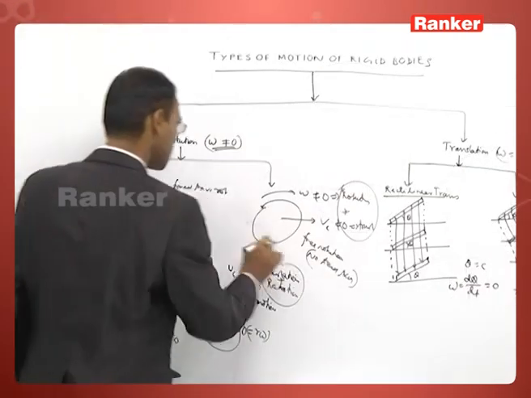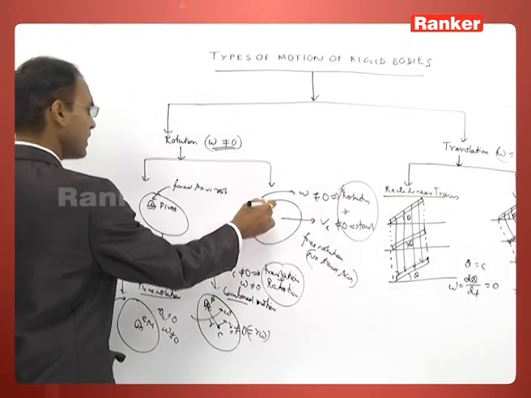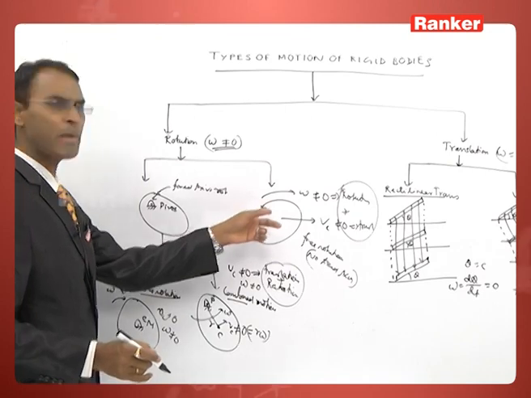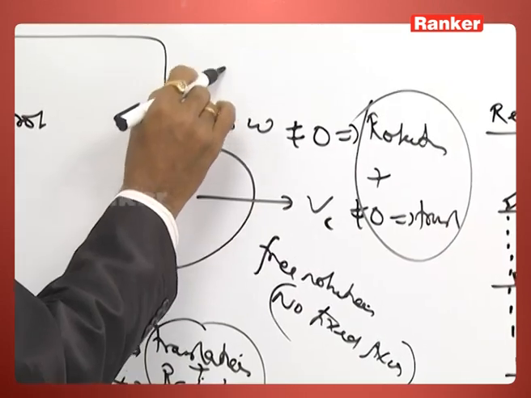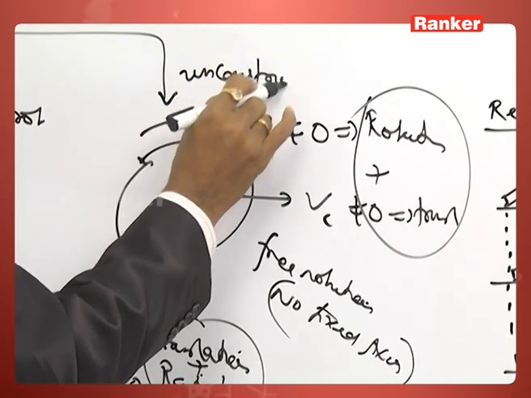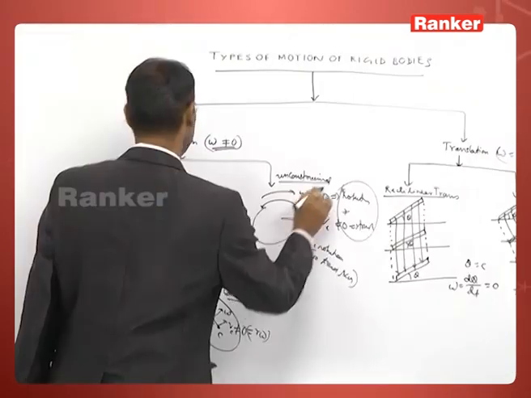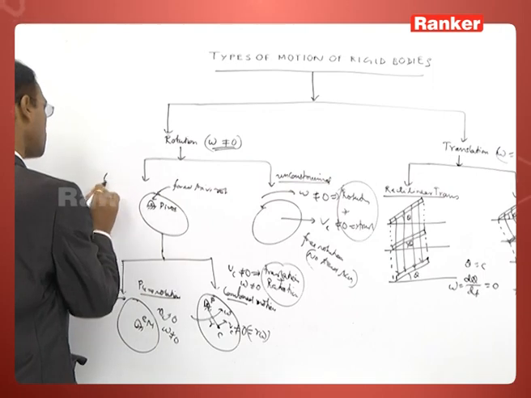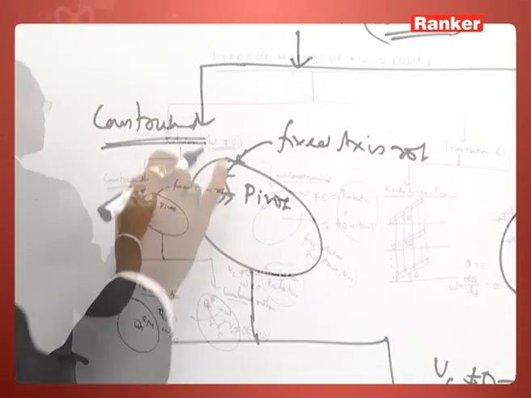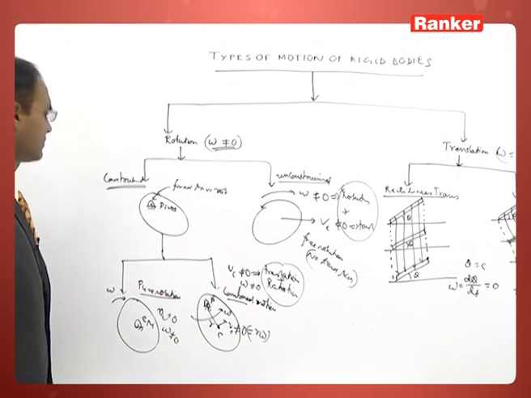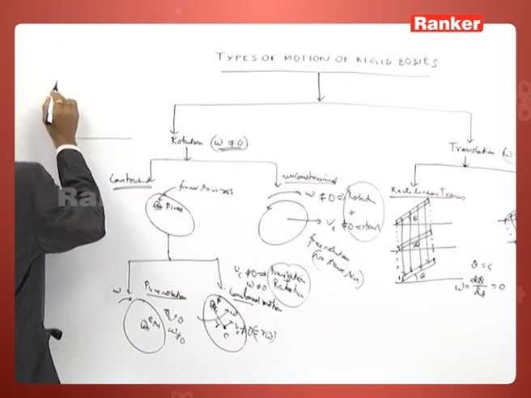But here, this is combined motion, this is also combined motion, but here the axis is not fixed, it's not pivoted. This is unconstrained motion. This is called constrained. Some sort of constrained motion. When you talk about constrained motion,